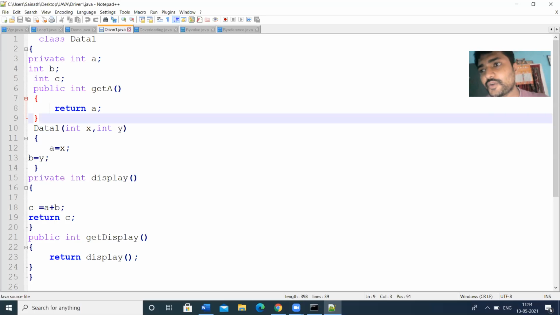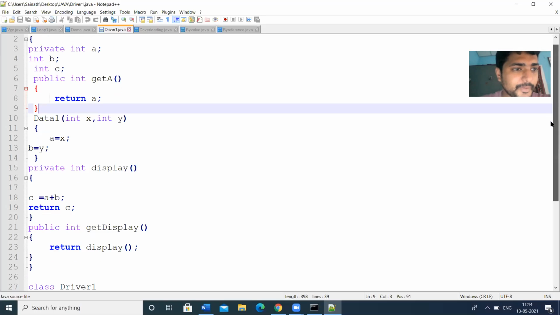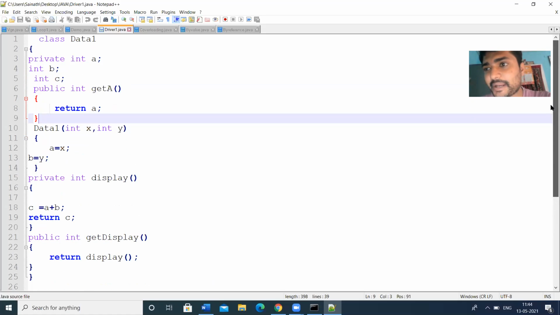So in the previous sessions, we have discussed the declaration of the class as well as the declaration of the method, as well as the creation of the object and the purpose of the object. And then we have seen the constructor method also. The main purpose of a constructor is to initialize the variables, or to assign a value to that variable. So we have seen some examples regarding that. And then we have seen accessing the private members also.